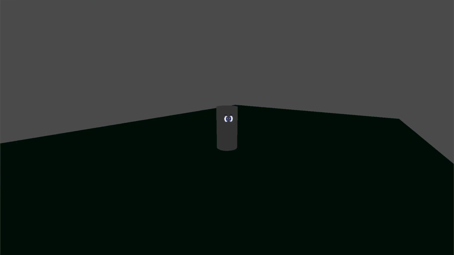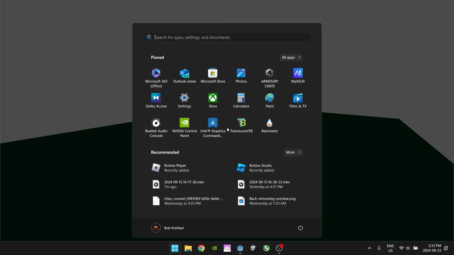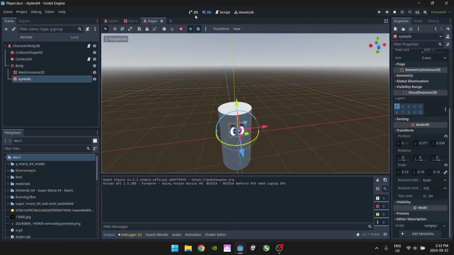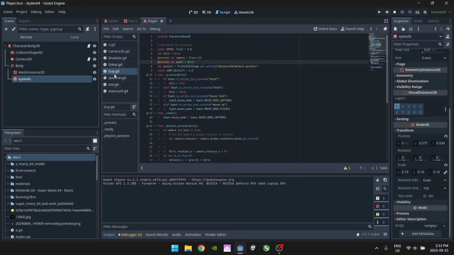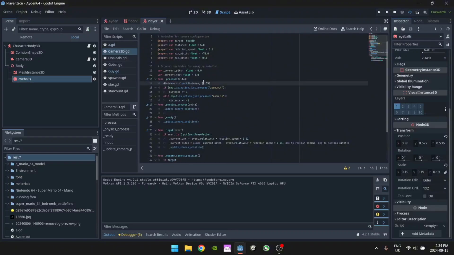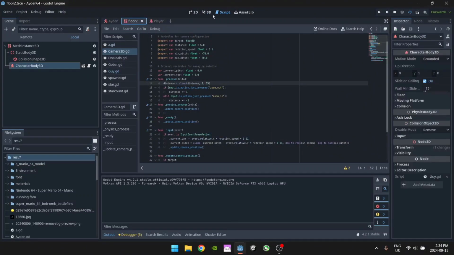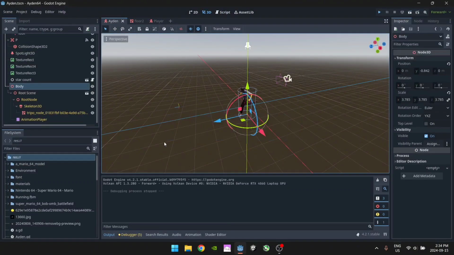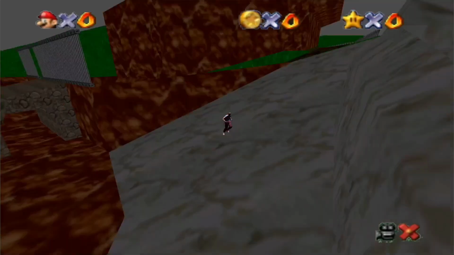Mixing them together would be as easy as just setting this value over here in the camera script right here to 0. This just clamps the distance, so the max you can zoom out is 15 meters and the minimum is 2. This is all pretty simple, and now I'll show you a finished prototype where we're playing